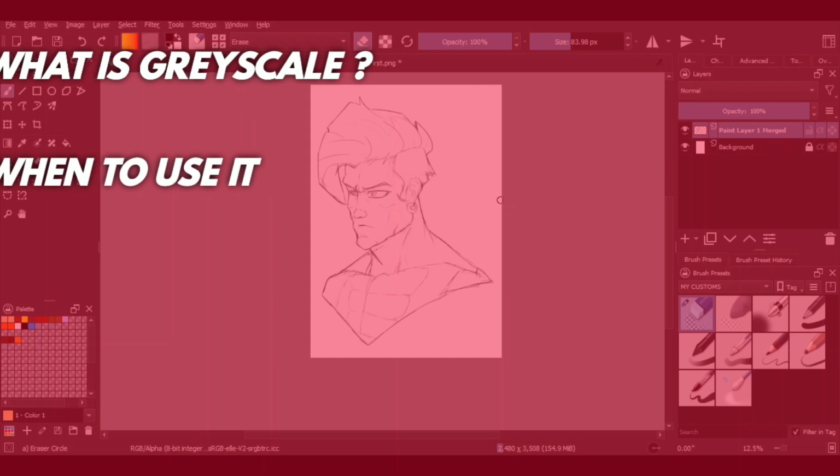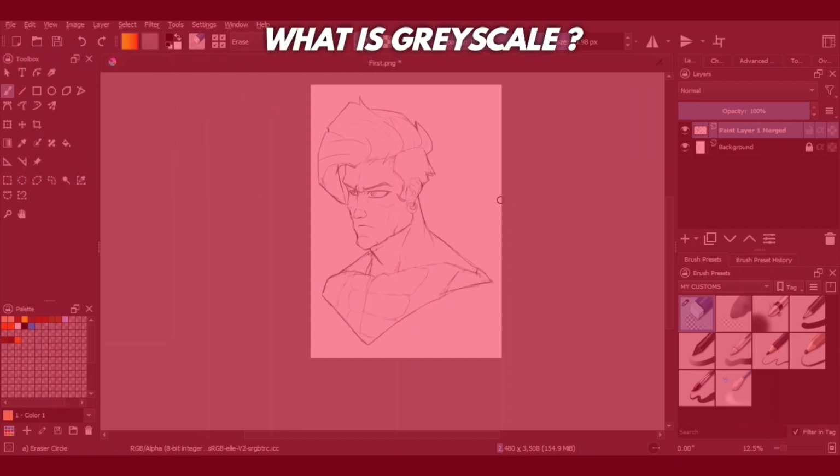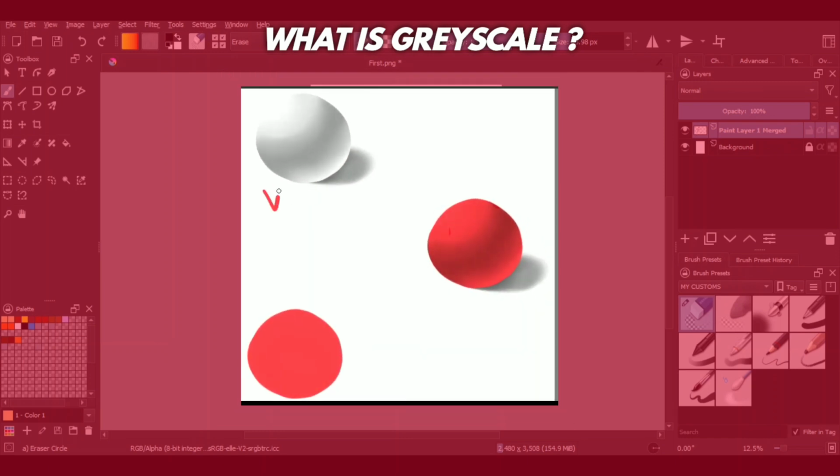But as I said, first things first, we'll be discussing what grayscale actually is, especially in terms of art and illustrations. It's basically a form of color rendering technique where you only focus on the values and shades of black and white instead of all the other colors in the color wheel. The reason beginners usually use it is because it makes it much easier for us to establish the color as well as the lighting of the scene or the portrait you're working on, because you don't have to worry about juggling between the colors and the values. You just have to focus on them step by step, one after another. And it also makes your art feel much more professional than it actually is because the coloring looks great.